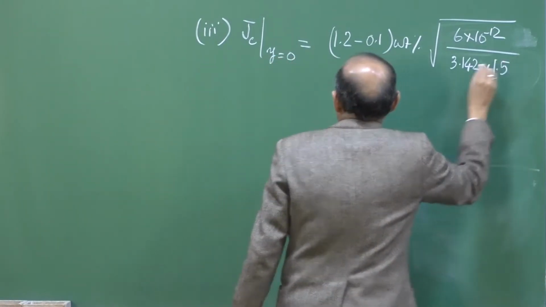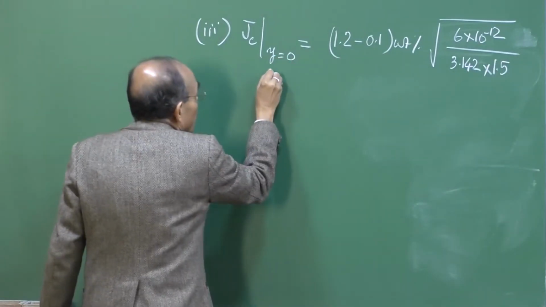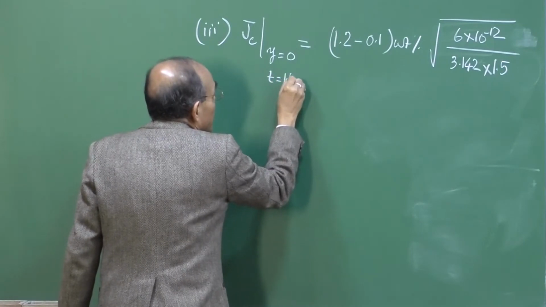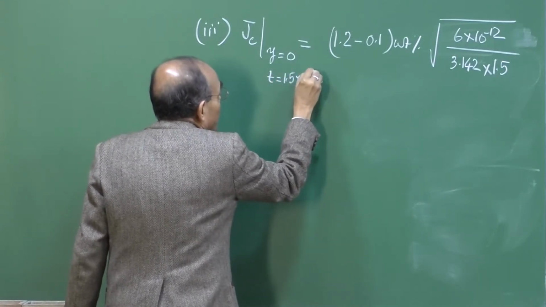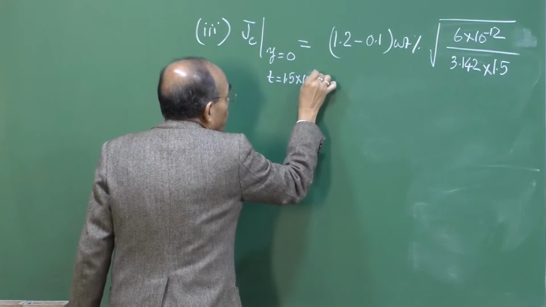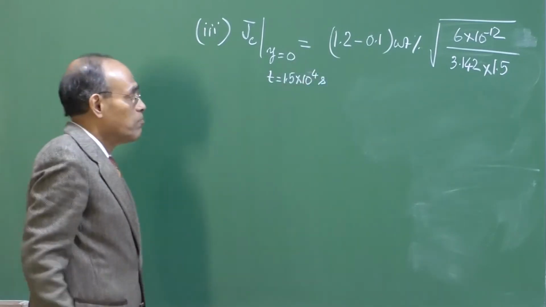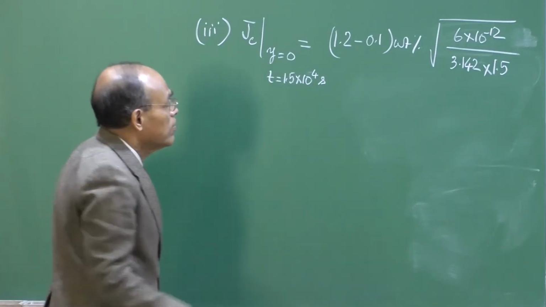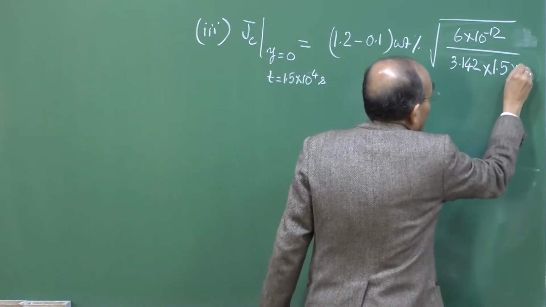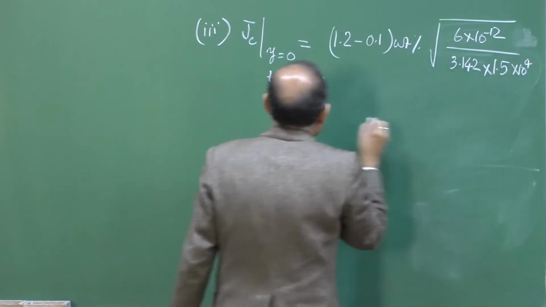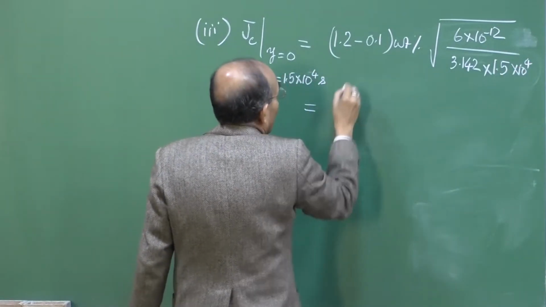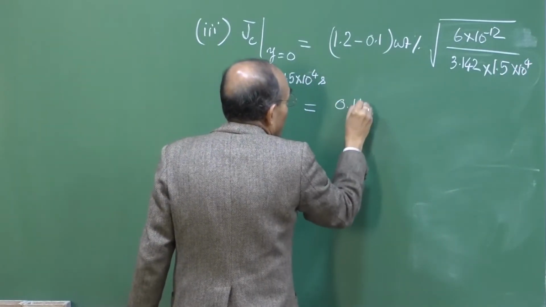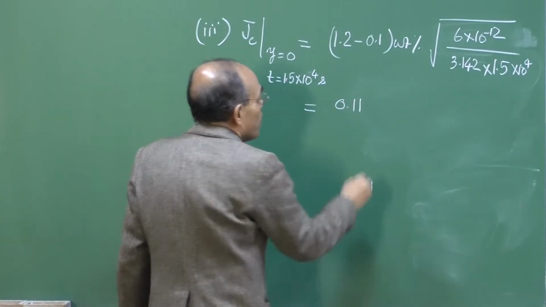This flux is instantaneous, so t is equal to 1.5 into 10 to the power 4 seconds. That is the time, instantaneous flux at the surface y is equal to 0. So, this is equal to, I would say, 1.1 wet percentage or 0.11, and then I will multiply it